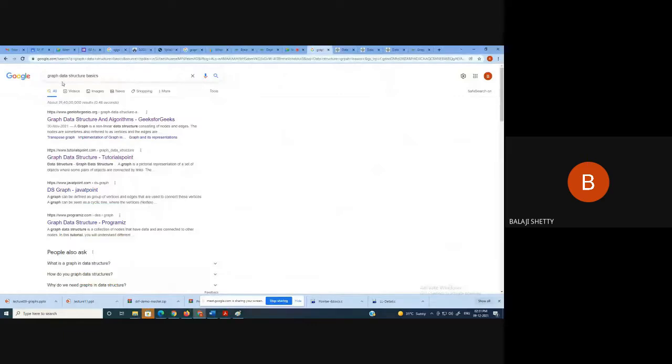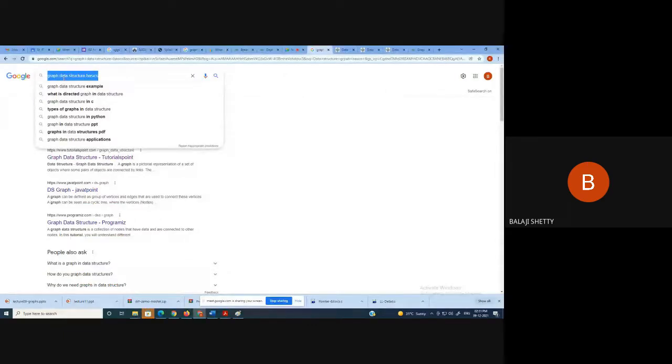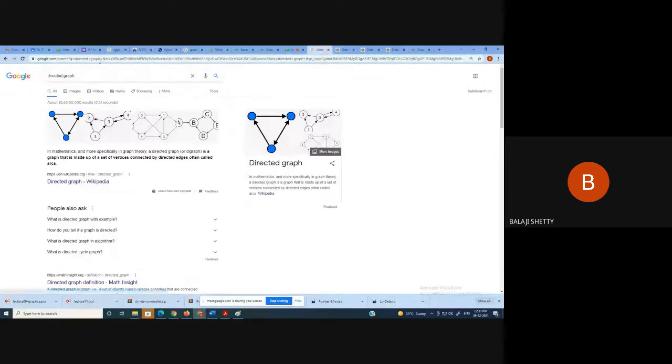A directional graph means we name it a directed graph. Here you can see this graph example.